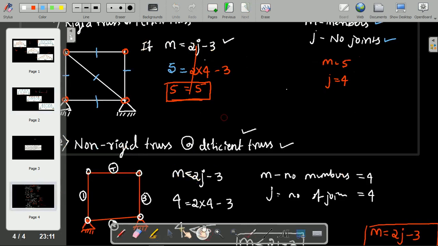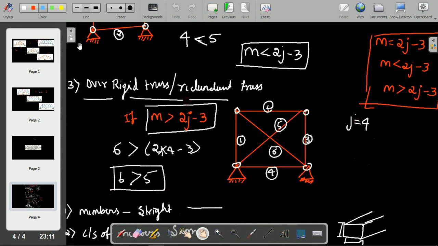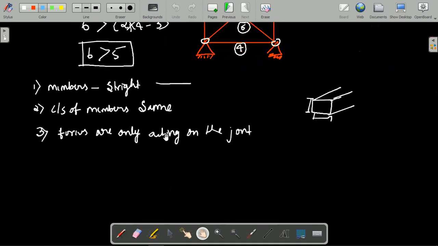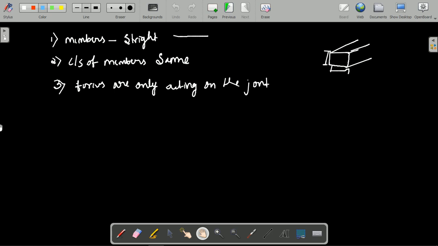That is another assumption which has been made in the case of trusses. And the members are pin jointed, as I explained to you. Whatever joint we have is pin jointed. We are not having a fixed support or simple support. Whatever joint is there is considered as pin jointed, and all are rigid members. We have already discussed what we mean by rigid bodies and deformable bodies. Whatever members we are using here, all the members are rigid.